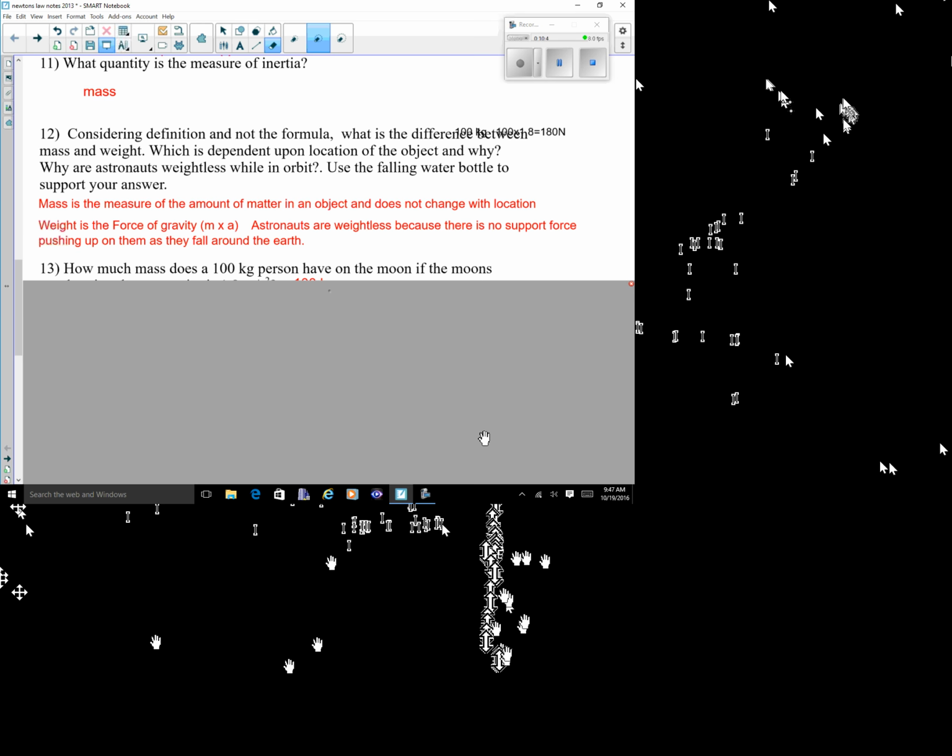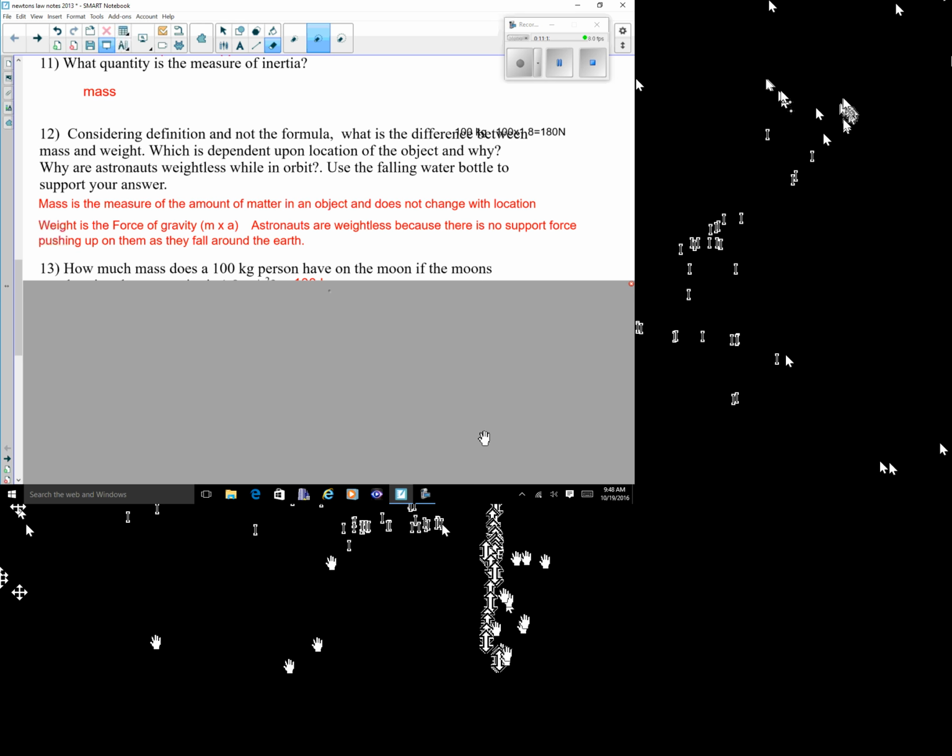doesn't change with location. So if I was going to shoot up to the moon, now I might get scared and lose a little bit of mass, if you know what I'm talking about there. But for the most part, my body mass is going to stay the same. But since the moon is not as big as the Earth, it doesn't pull on me as much. So since its gravity is less, I don't weigh as much on the moon, even though I have the same amount of mass. Now here's the reason why astronauts are weightless: when they're falling around the Earth,